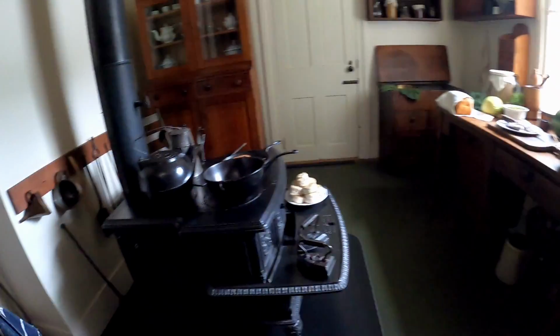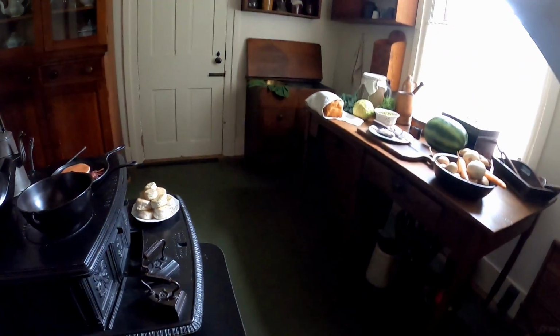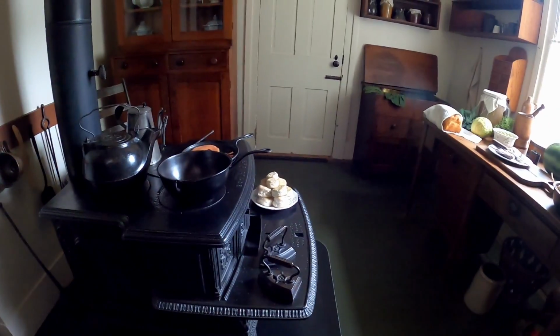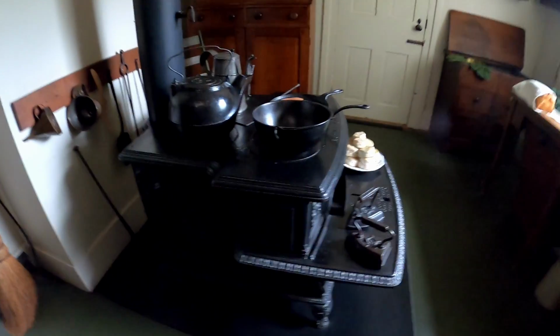Last but not least, the glamorous Lincoln kitchen. I know it's a little cozy, right? Pretty simple, but hey, that's what they had to deal with back then. Not a lot of modern technology, of course. No running water, no electricity. Means no stove, no microwave, no sink, no fridge. But of course, what they do have is that big old centerpiece there in the middle of the floor,